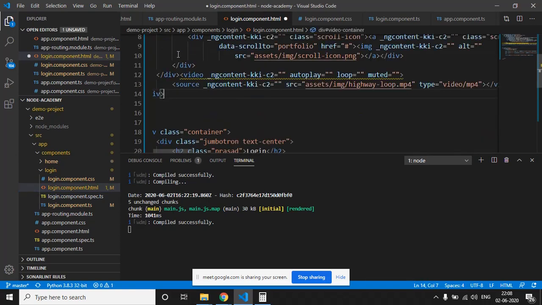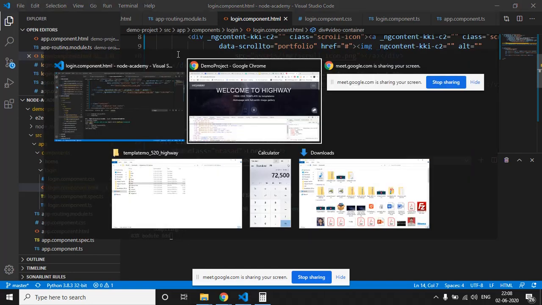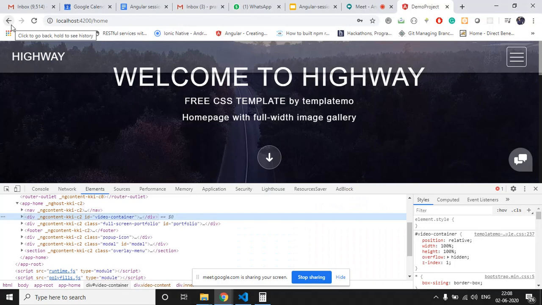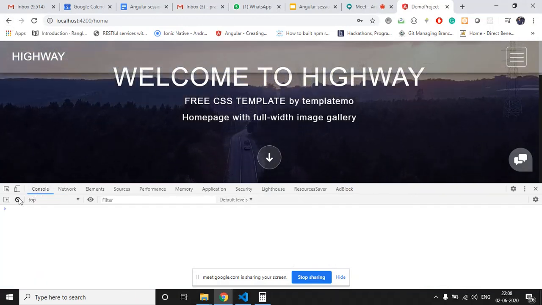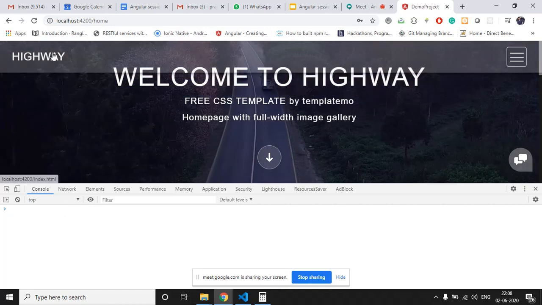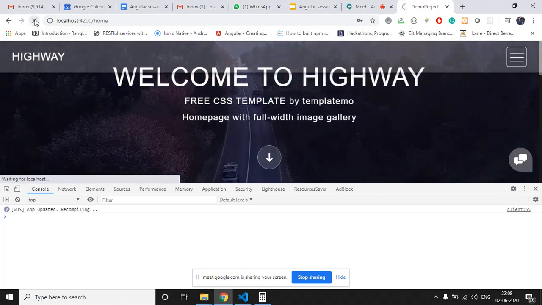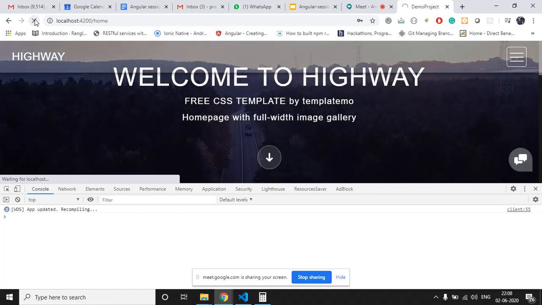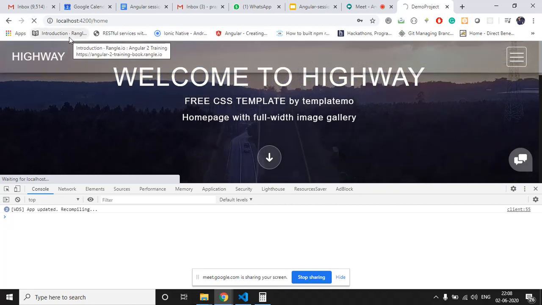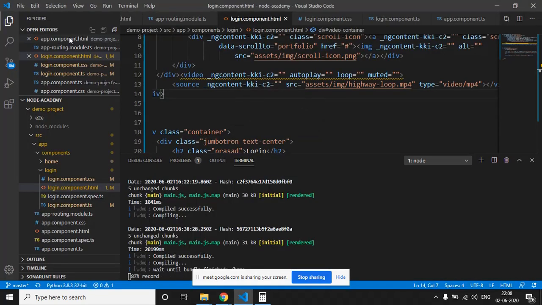and just paste all the things, save the code, and let's check if we can see this on our login page or not. Let the application compile. The application is still compiling.